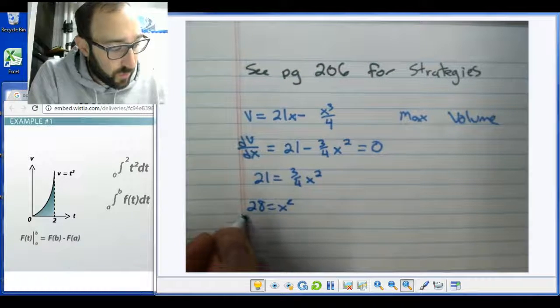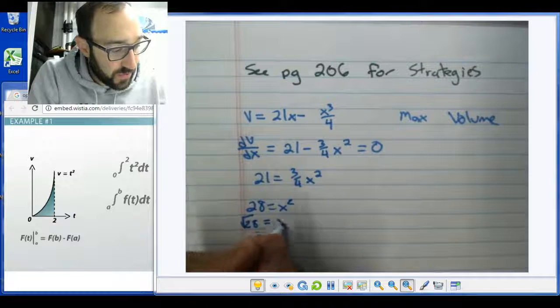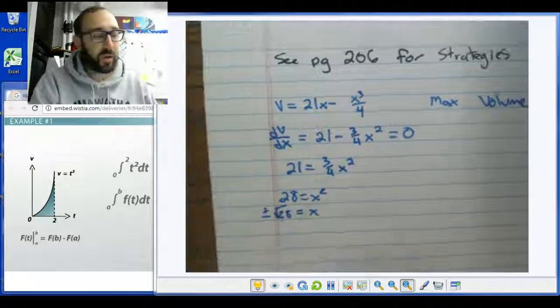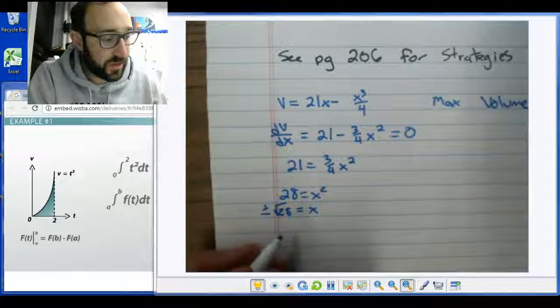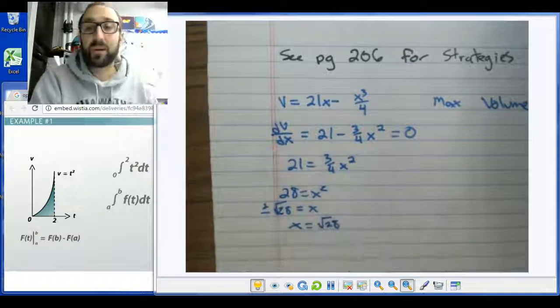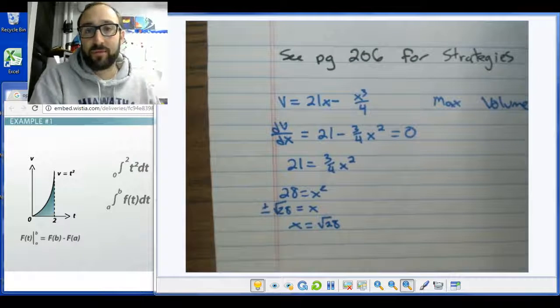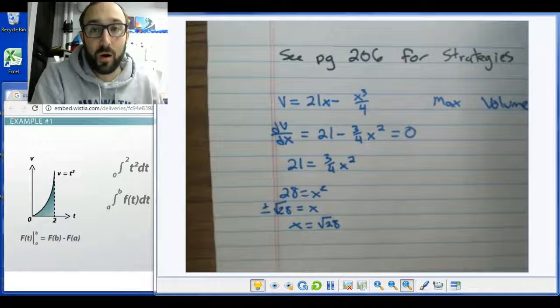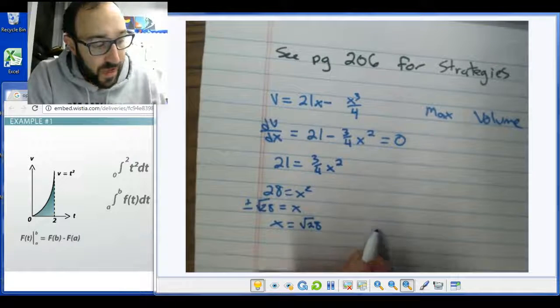So that means the square root of 28 equals x, and it should be plus and minus, but we know it can't be negative because we can't have a negative side length. So I know that x can equal the square root of 28 is a possible one. Now, if you go back to Rolle's theorem and the mean value theorem, remember that critical numbers could also be our endpoints. So we have to check